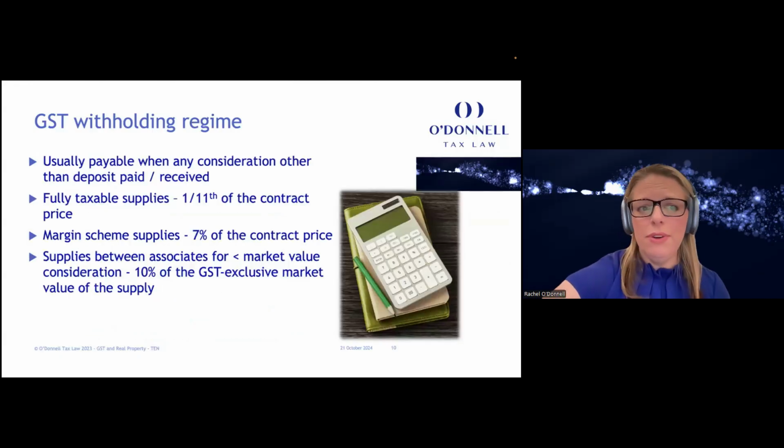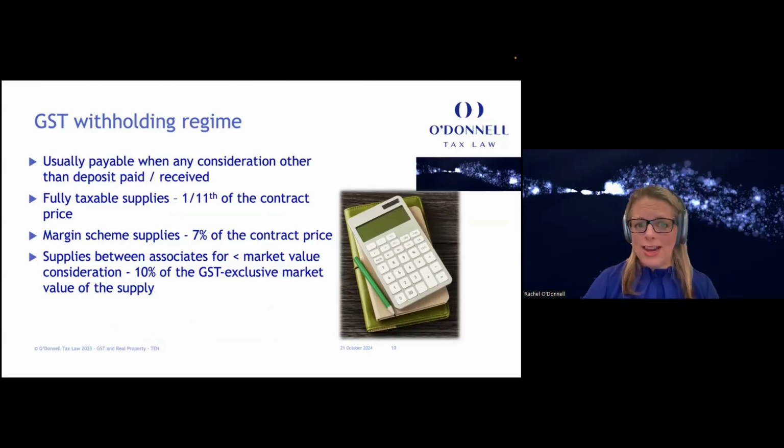So the GST withholding is usually payable when any consideration other than the deposit is paid or received. That's usually at settlement, but it's important to note that if there are instalment payments or other payments being made before settlement, then you can trigger that withholding requirement at an earlier point. That's an absolutely crucial thing to keep in mind. For fully taxable supplies, the amount to be withheld and paid to the ATO is 1/11 of the contract price, and the contract price is defined as